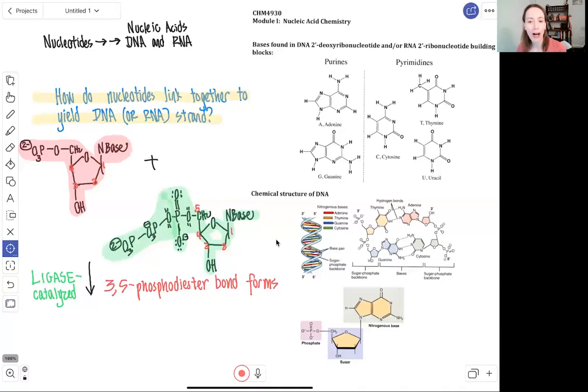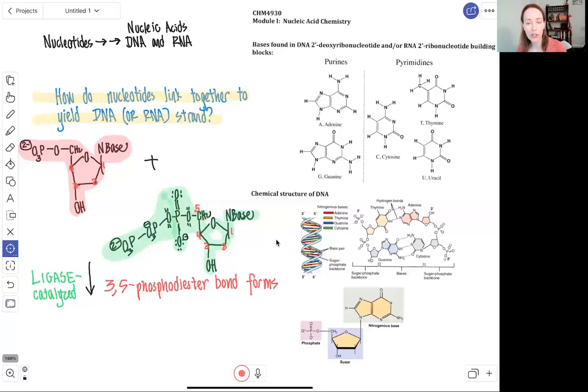Specifically, the type of bond that that enzyme, ligase, is going to catalyze formation of is referred to as a 3,5 phosphodiester bond. The reason why we refer to it as a 3,5 phosphodiester bond is because we are taking carbon number 3's hydroxy group and linking it to the phosphorus atom that is bonded at position 5, carbon number 5. So hence a 3,5